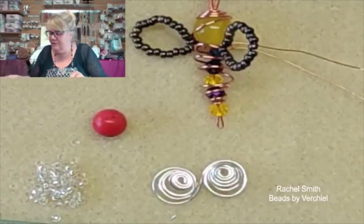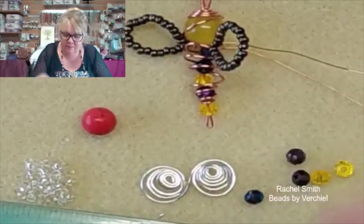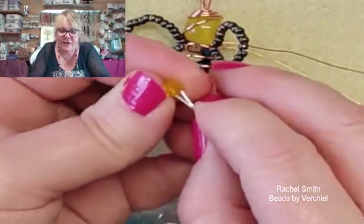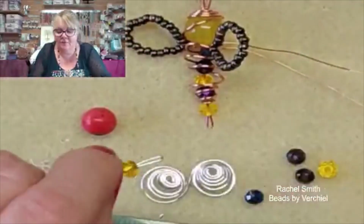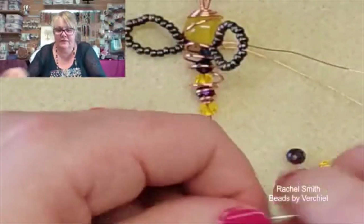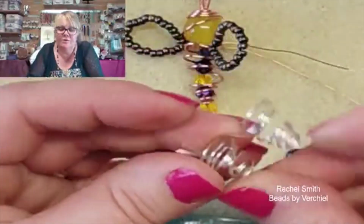And what have I done with the crystals? There they are. These aren't actually the same colour, they're a different colour, but they're just what I had left without actually opening up anything else, any other strands. Right, so I've hairpinned that. Just pop that onto the end, and then we are going to go down through the hole at the bottom,